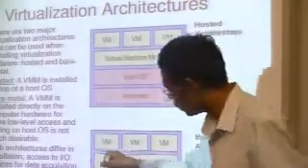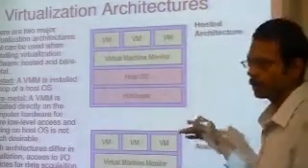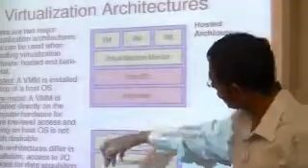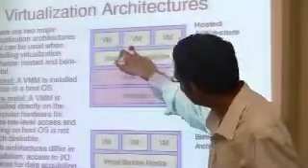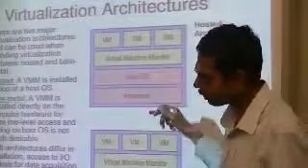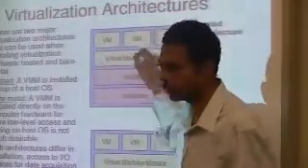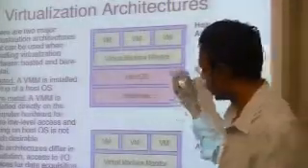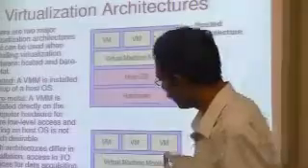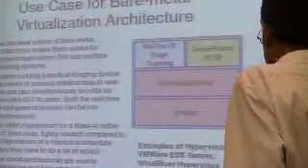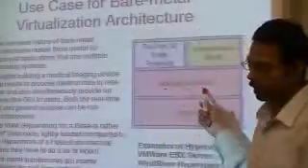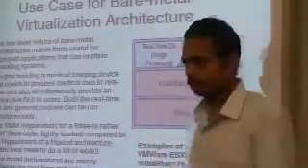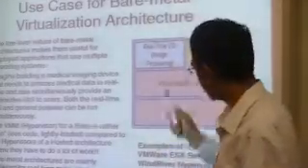Of course, the virtual machine monitor is here, but it won't interfere much. In terms of that, somewhere here you will see, we call this a thick hypervisor. The virtual machine monitor is also called a hypervisor. On a hosted architecture, it's called a thick hypervisor, whereas here we call it a thin hypervisor because it doesn't do much. On a bare metal architecture, the VMM is very little code and lightly loaded, whereas in the other one, it does most of the job. So here we call it a thin hypervisor.